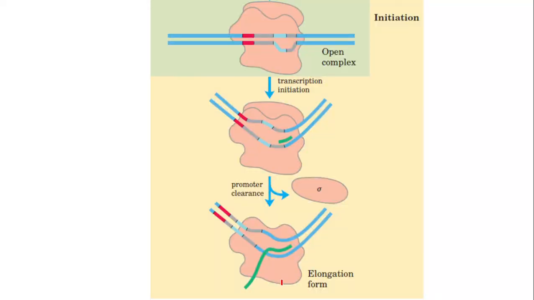The same diagram, the second part of the diagram. So with the formation of the transcription bubble in the open complex, initiation is completed. Open complex is formed. Initiation means the first ribonucleotide is added, and then from the promoter this enzyme complex is moving forward. Accordingly, the transcription bubble also is moving forward. Accordingly, the length of the RNA chain is increasing and sigma factor is going away. We found all those things in another slide in the previous section.